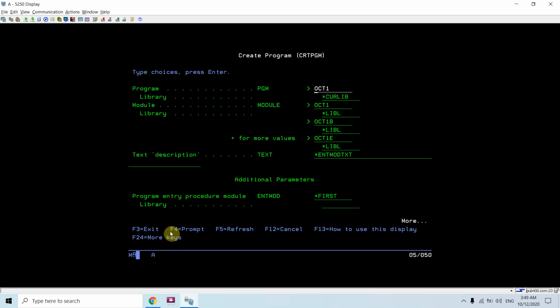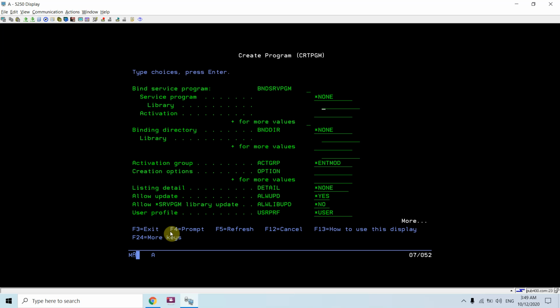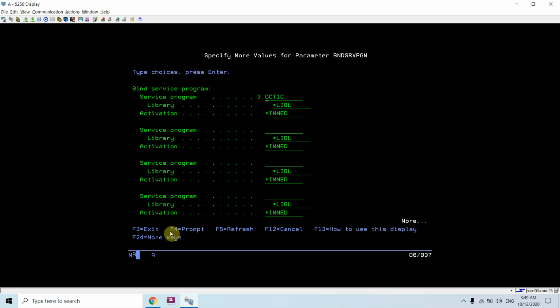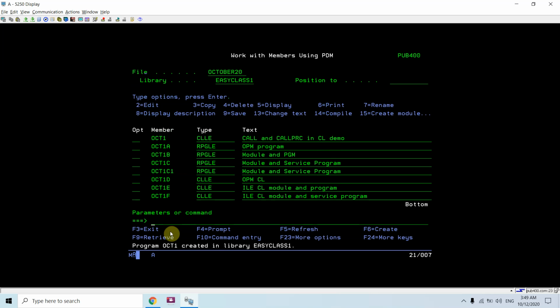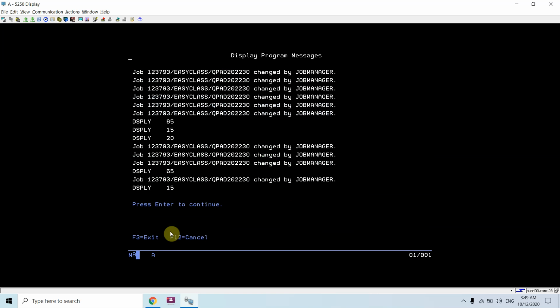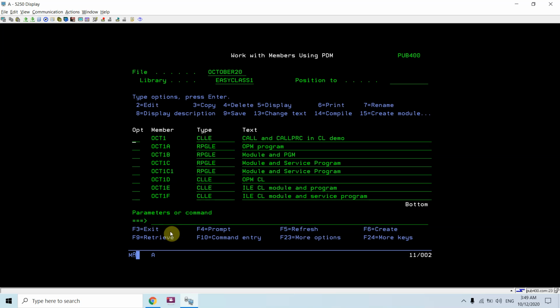So if I take F10 page down, I can bind oct1c plus those two service programs to this program. Now I'll be able to create them. So using both ways, either by binding the module or by binding the service program, you can do that, because we have the service programs now available with us.